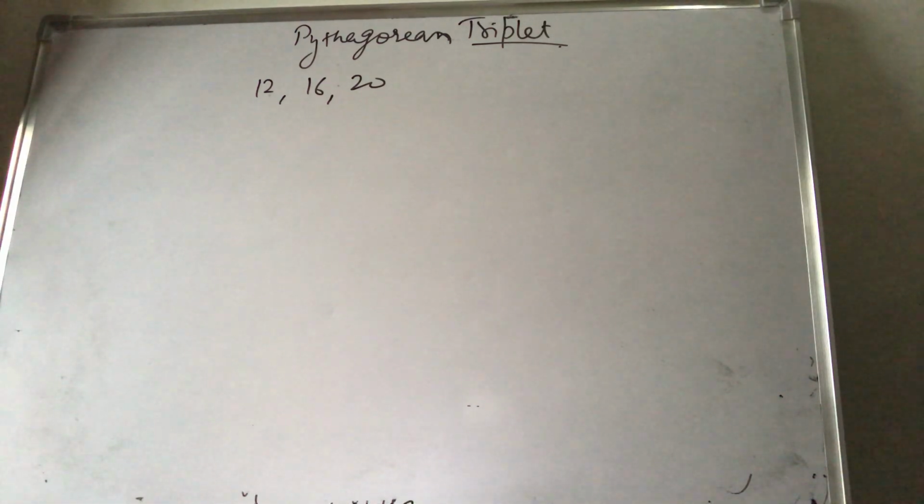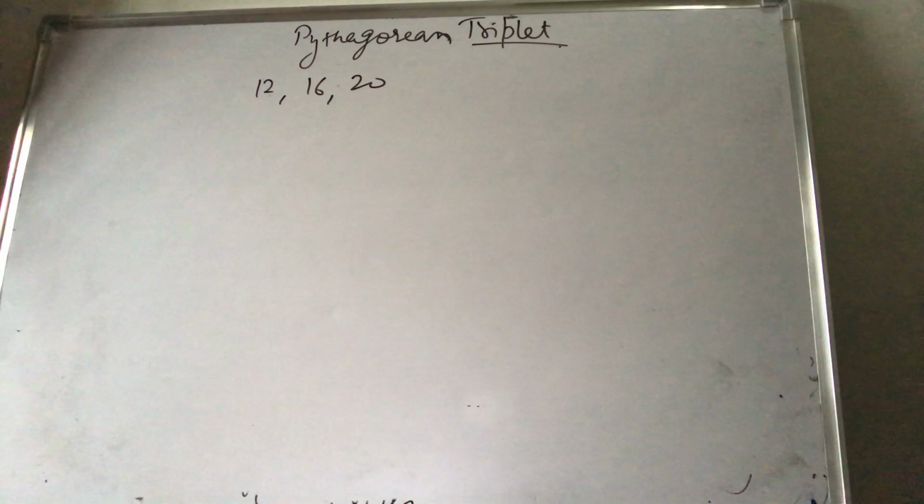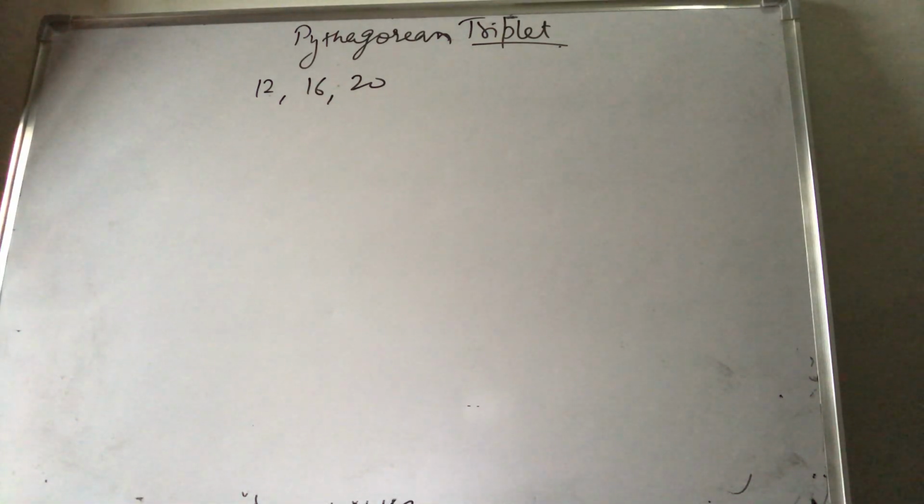Means same thing as we had done in question number 4. We have to prove the Pythagoras theorem. If the Pythagoras theorem is proved, means left hand side equal to right hand side, then in the answer we will write yes, it is a Pythagorean triplet, or no, it is not a Pythagorean triplet. In question number 4 and 5, there is a change only in the answer line. In question number 4, you have to write yes or no, we can form a triangle, we cannot form a triangle. And in question number 5, you have to write yes, it is a Pythagorean triplet, or no, it is not a Pythagorean triplet.